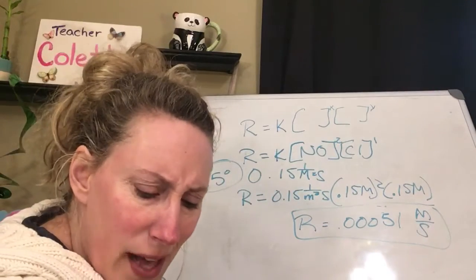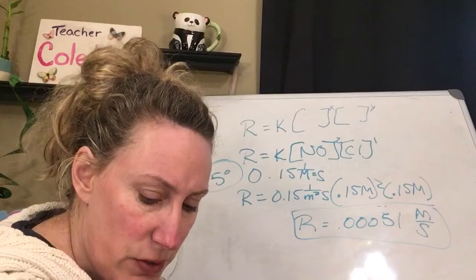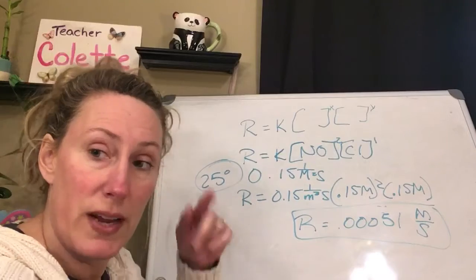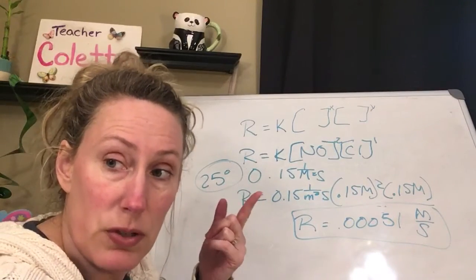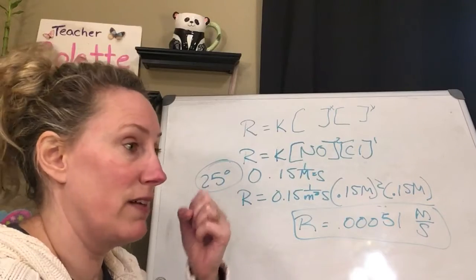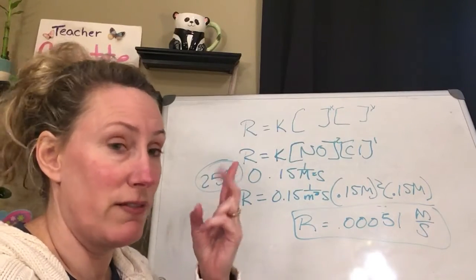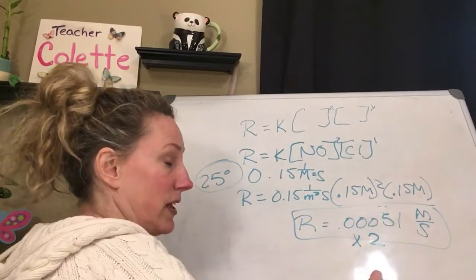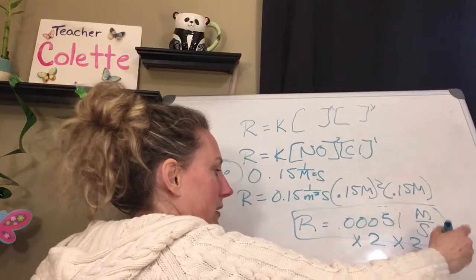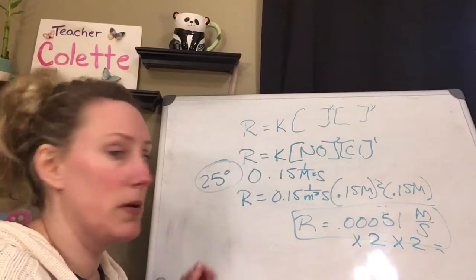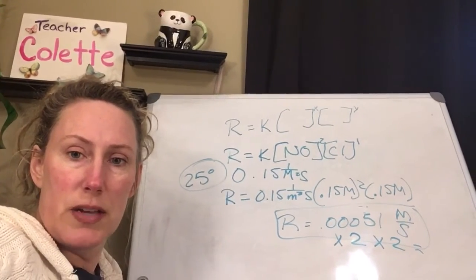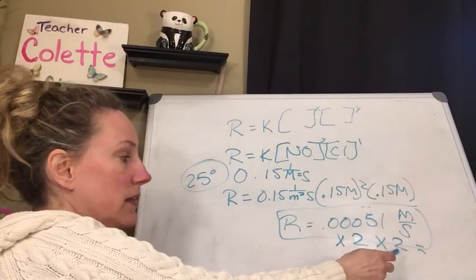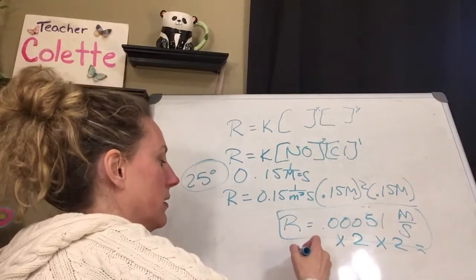But it says, what will happen if he runs it at 45 degrees instead of 25 degrees? So now this is the second step of this problem. Remember, for every 10 degrees you raise the temperature, you will double your rate. So from 25 to 35, you double your rate, and from 35 to 45, you're going to double your rate. So you're going to take this number times 2 for the first 10 degrees, and then times 2 again for the second 10 degrees. So you take your answer, 0.00051 M over s, times 2 again,